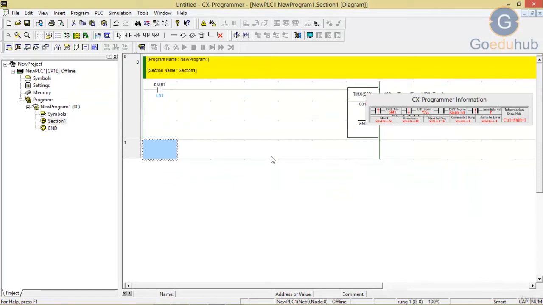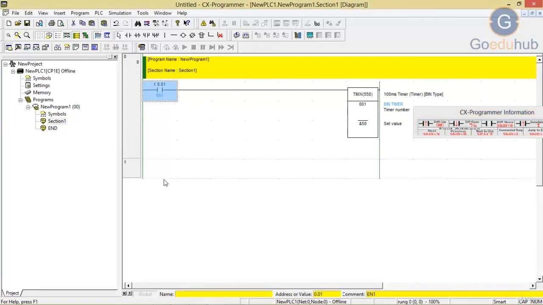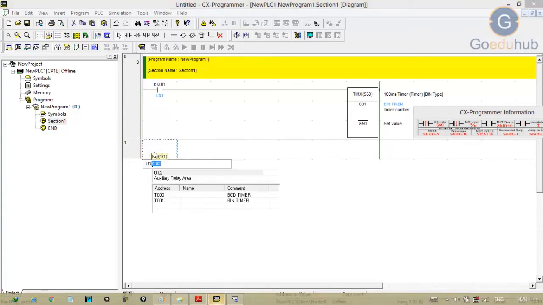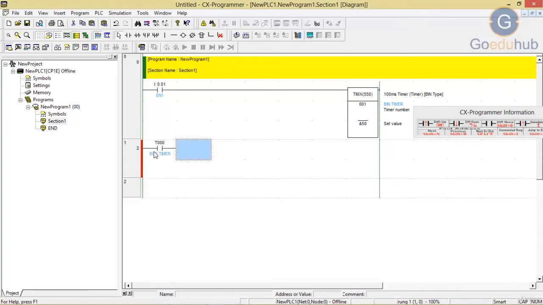Here I have already taken the binary timer and the enable switch, that is your NO switch. Now take LD T0. Just type T0, then as you can see it is the BCD binary timer.